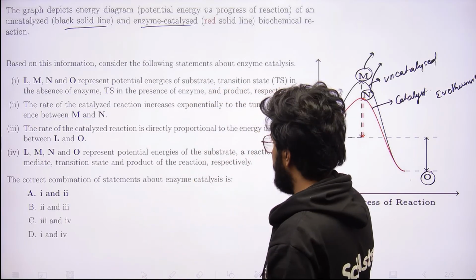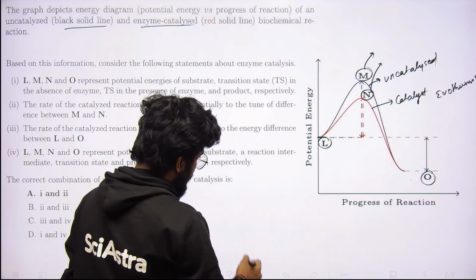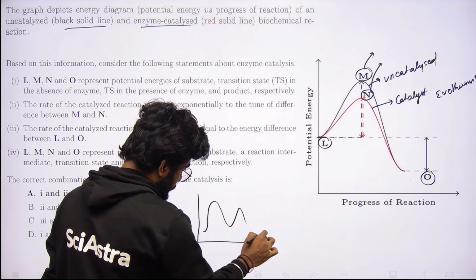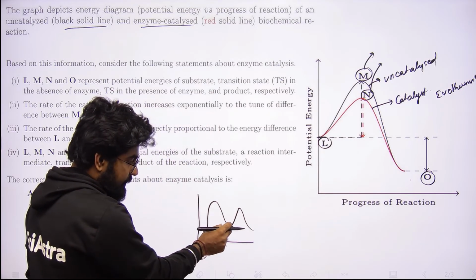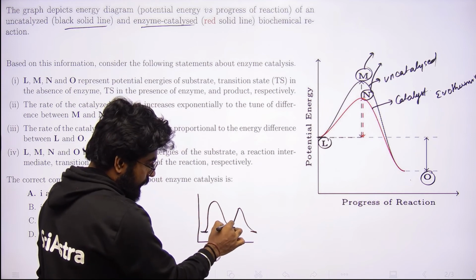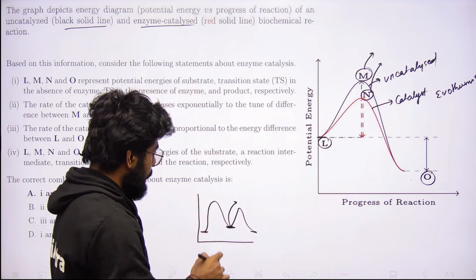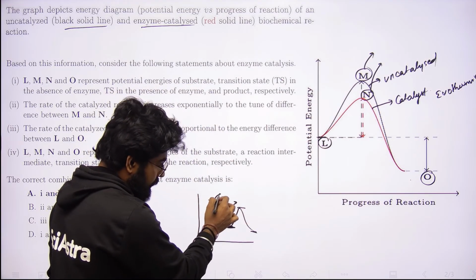On the basis of the diagram of potential energy versus reaction progress. So basically, if a graph like this comes to you, then this secondary stabilized form, other than the reactant and the product in this diagram, is what represents the intermediate. But these humps in the diagram represent the transition state.